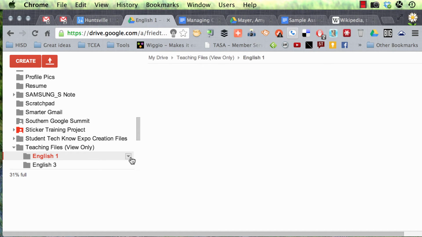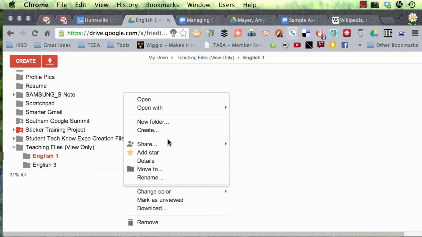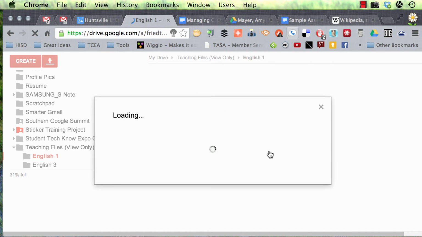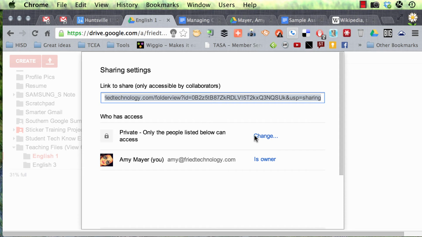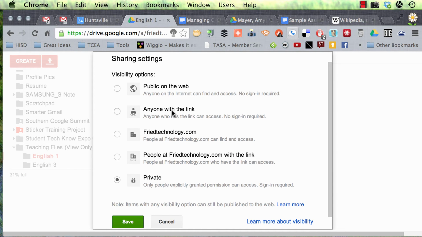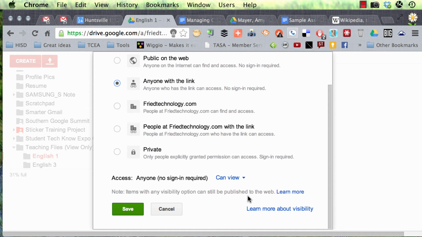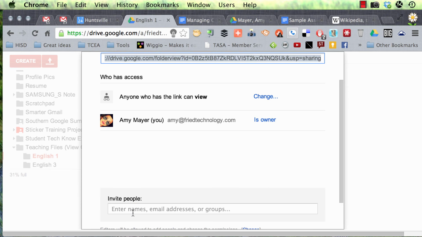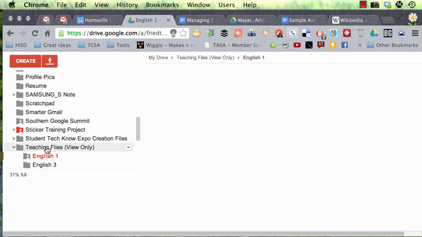If you don't care who sees them and you're fine with them being open to anyone who wants to see them, then you can just go to the sharing settings on the folder. You can change the folder from private to anyone with the link can view and save it, and click Done. So now when I'm clicked into this folder, this URL up here can be turned into a bit.ly or a goo.gl and shortened